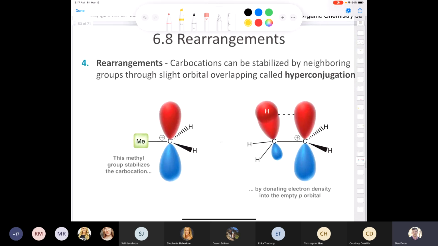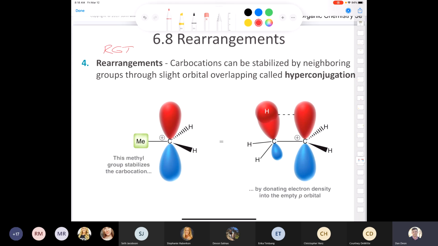And then the last one is a rearrangement, for which we use the abbreviation RGT. There are many types of rearrangements that can occur in organic chemistry, but there's only 2 types. One type would be the carbocation, and there's 2 types of carbocation rearrangements that we look at in Chemistry 3101. Now,